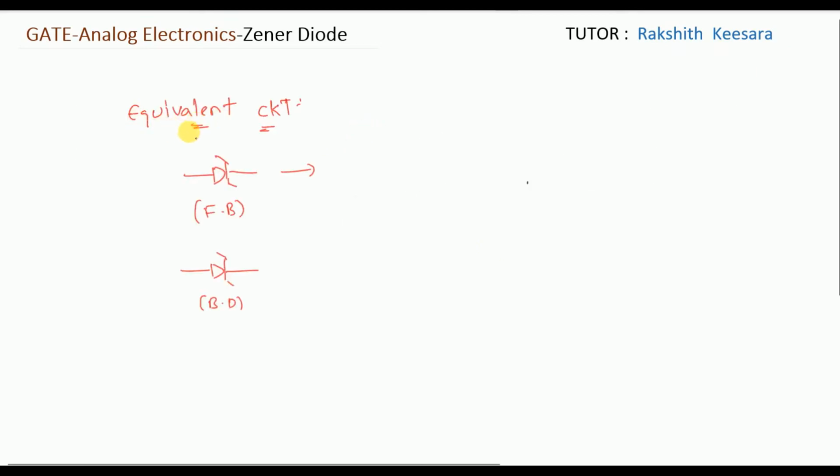So, equivalent circuit of Zener diode. See, when it is in forward bias, it will act as a normal PN junction diode. So what will be the equivalent circuit? If there is the direction of current, the voltage should oppose, and some internal resistance. This is the equivalent circuit. But while in breakdown region, what will be the equivalent circuit? The same voltage will appear, but the voltage is negative here, that is minus Vz, and some internal resistance. So this I can write in this way,